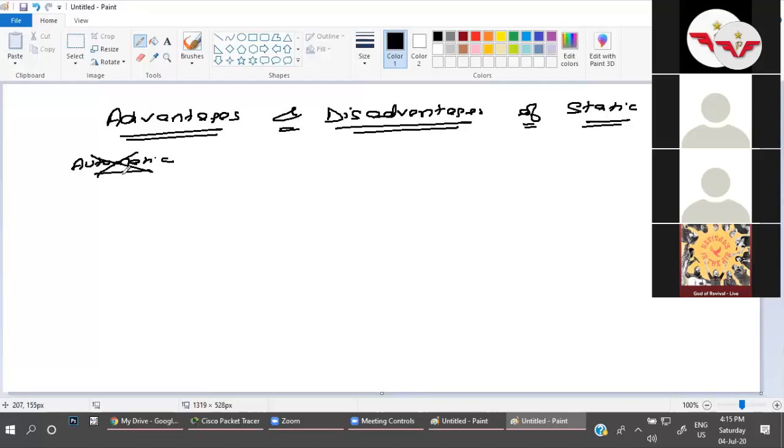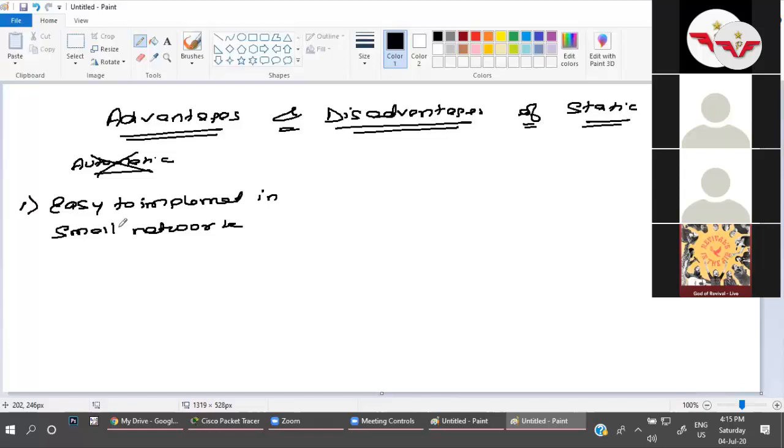Yes, we cannot use static routing in a large network, because we have to give the routing tables manually, and in a large network, whenever the network changes, it's not possible to put that network in the routing table every time, right? So yes, this is only for the small network. If the link goes down, it is difficult, but it is easy to implement in a small network.